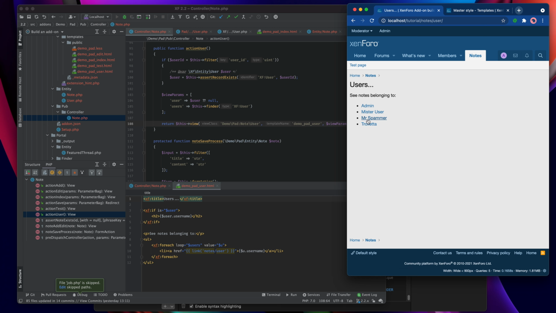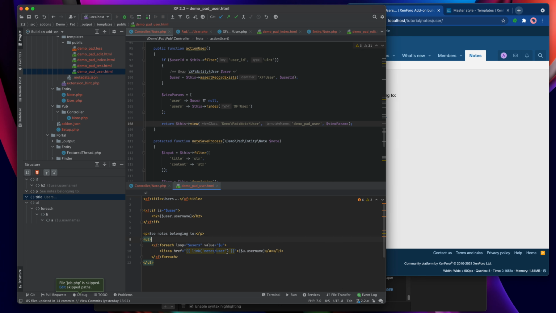Here we go. So there's the individual users that we could click on. I don't know if you can see the URL that's coming up down here when I hover over those, but you can see that it's not actually picking the user up. And the reason for that is because we haven't actually sent any parameters to it.